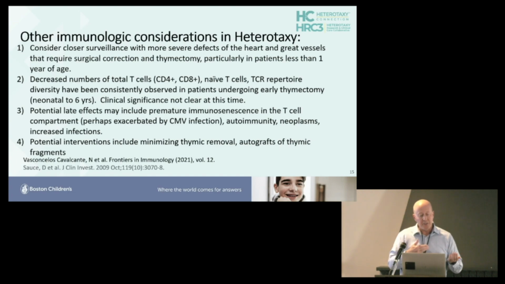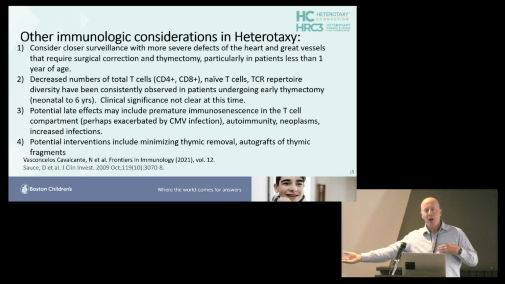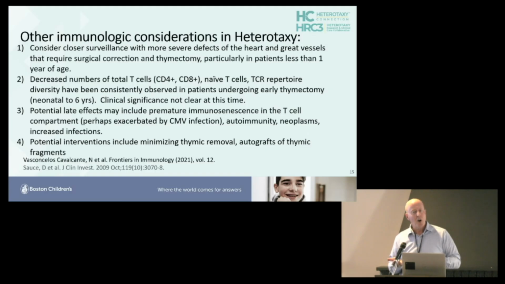So what happens is typically you will see decreased number of total T cells, a decrease in naive T cells, and reduced T cell receptor repertoire. So basically, again, just to refresh, the thymus is where naive T cells are educated, and then they go out into the circulation to search for pathogens, and this population of T cells does get reduced. The question is, what is the significance? And I would say the vast majority of these patients are generally healthy, but long-term, as they age,